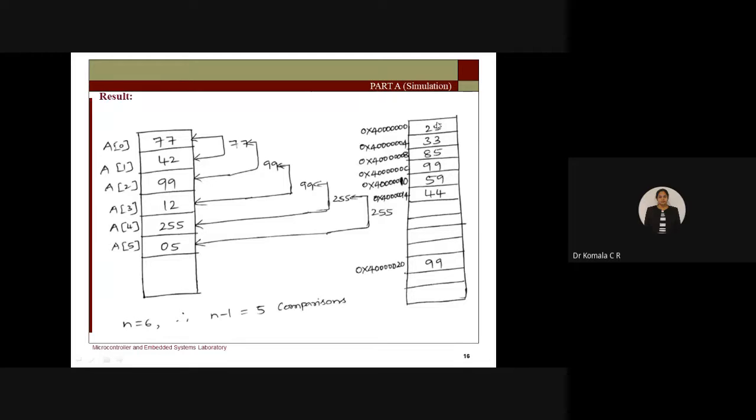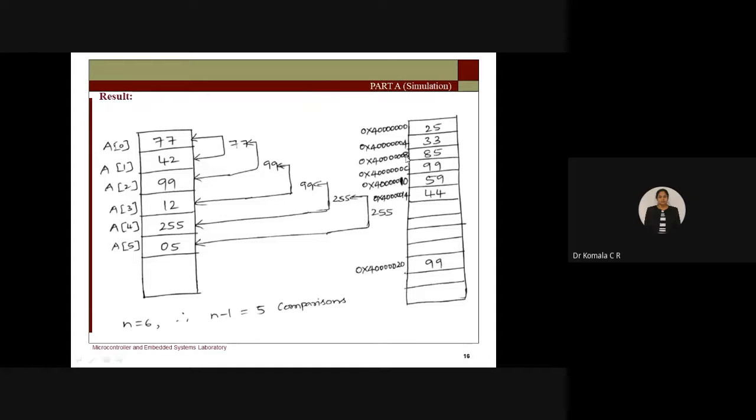2 digits means what? 8 bits. That means 1 byte, right? So 32 bits means how many bytes do you need? 8 fours are 32, so 4 locations. 3 more locations where you have 000000 followed by 25. Correct? So the next number you can go for at location 4 only.